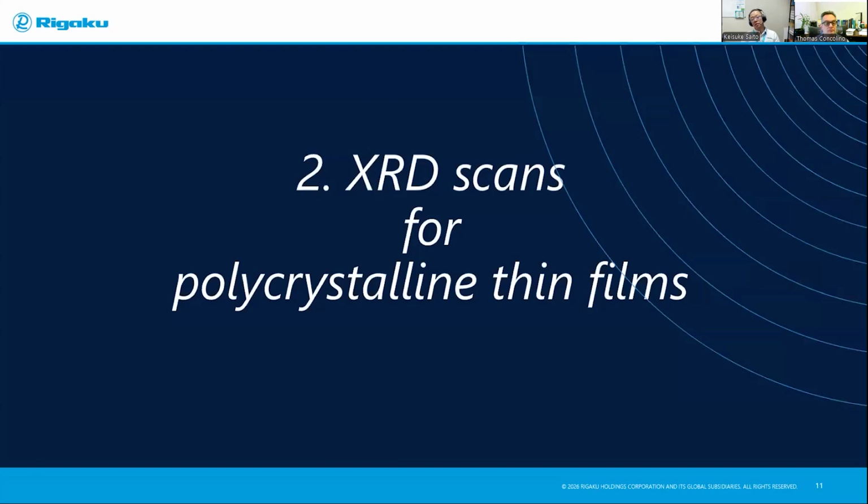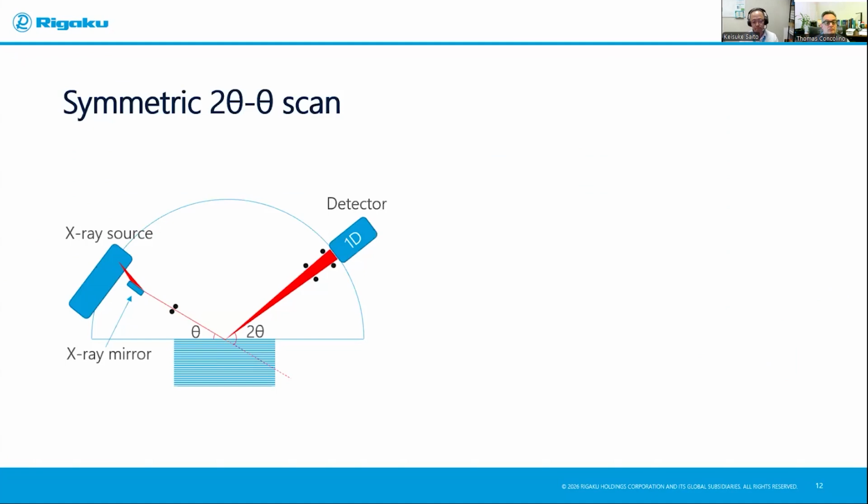Now I'm going to discuss XRD scans for polycrystalline thin films. What kind of scans do we normally do? The first scan is always a symmetric 2theta/theta scan. This is the same as powder diffraction. However, the difference is